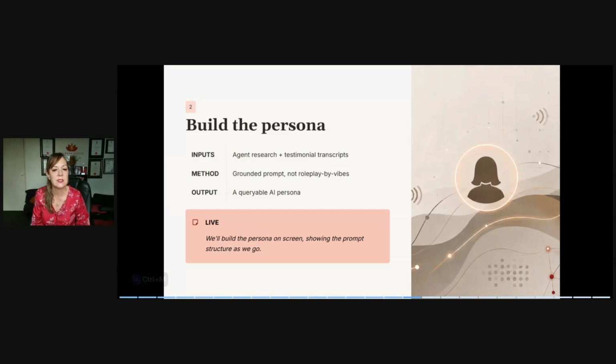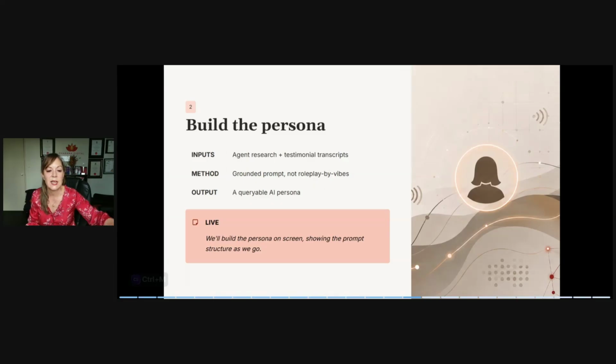So what I did is I put that into a tool called Descript and got the transcripts, and only used the testimonials from that particular target market, and then put all the transcripts from those testimonials into one document. It's just their words and what they're saying, so you can get a real feel for the audience. So that's a document that I've put in as well. And then there are some other documents too, which I'll show you in a second.